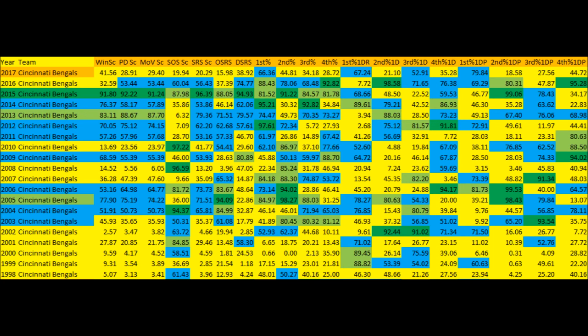Big areas where the offense really declined. You can see it in the data. Like, you can see it clearly. First down completion percentage, second down completion percentage, third down completion percentage, and fourth down completion percentage. The Bengals went from having a very, very high first down, second down, third down, fourth down, to above average first down, but kind of below average second down, below average third down, and below average fourth down.